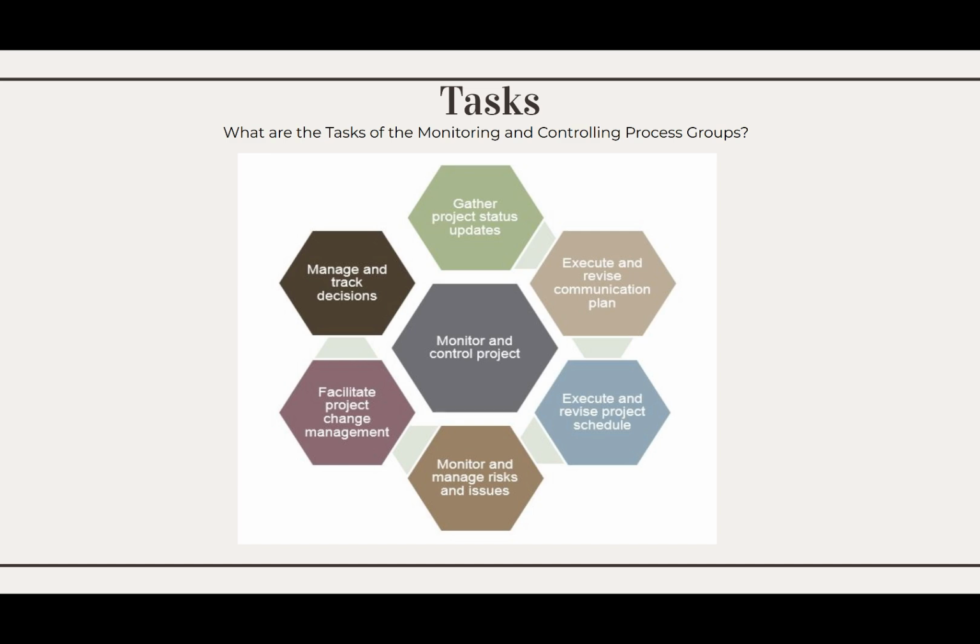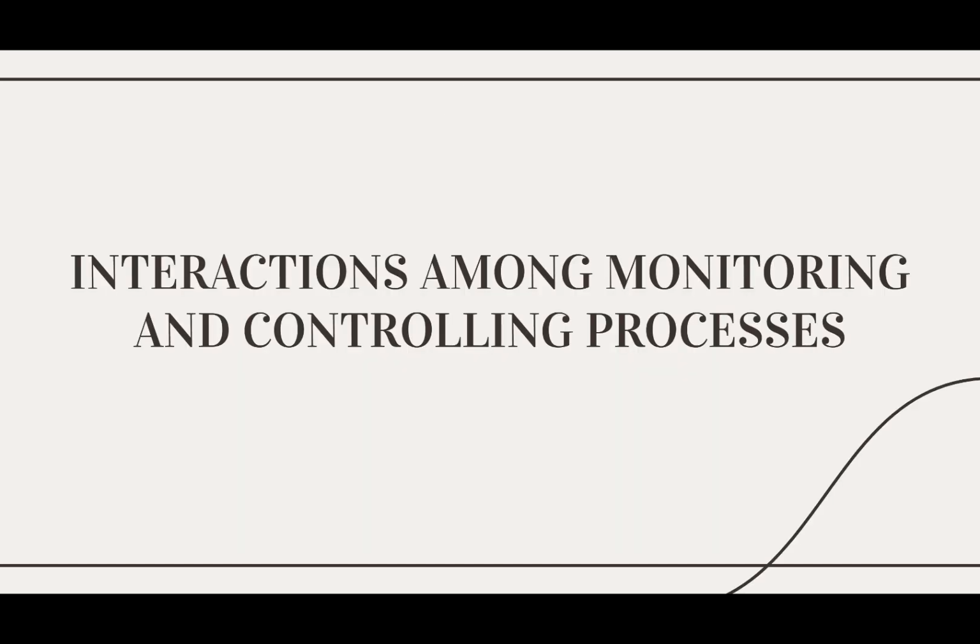As aptly illustrated by the name of this group, the controlling and monitoring group acts as a way to ensure that the project is right on course. And if there are areas within a project that are lacking, the controlling and monitoring groups will seek potential alterations and initiate change to be conducted, allowing the project to succeed. How they interact. Initiation phase.